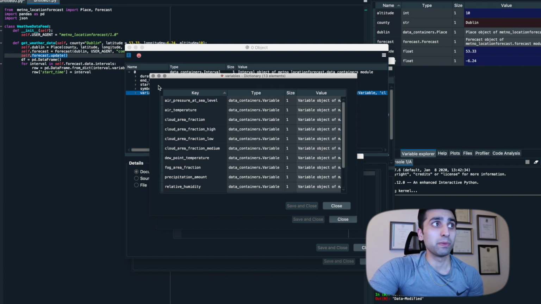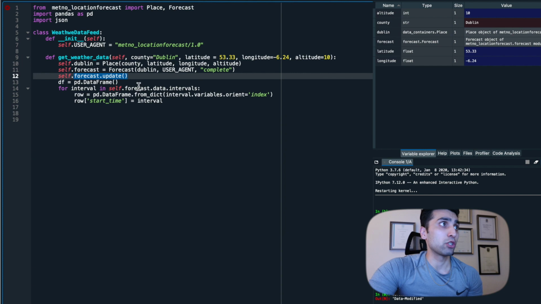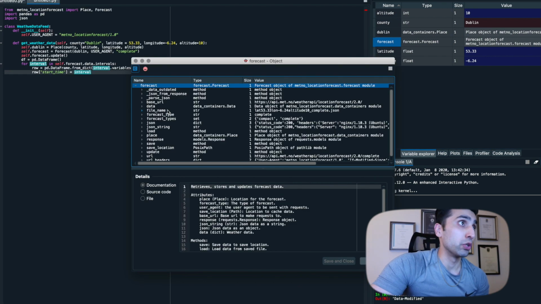forecast.data.intervals, where I'm trying to go under that data, which is where I find this dictionary. If I close this out, this is the actual dictionary, which is interval.variables and orient is index. And this will create my dictionary into a data frame format. So once I do that, I'm creating two more variables. As I have seen within this, if I open this again just to show you quickly,